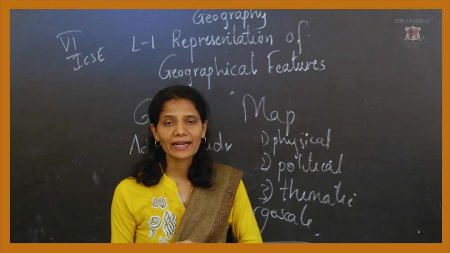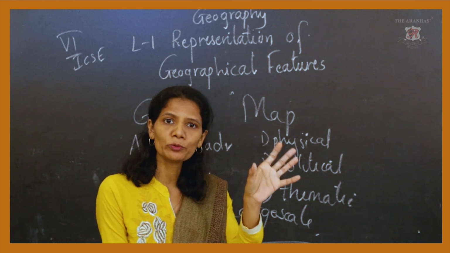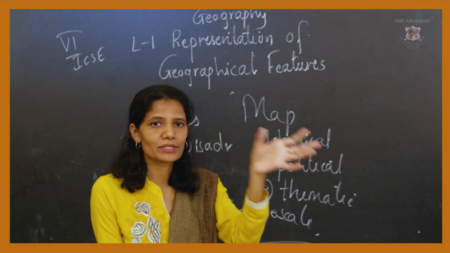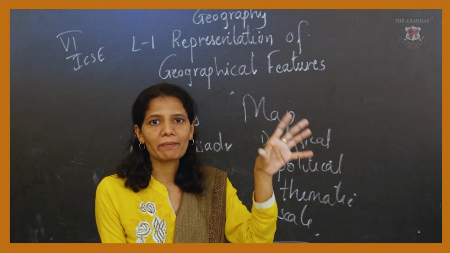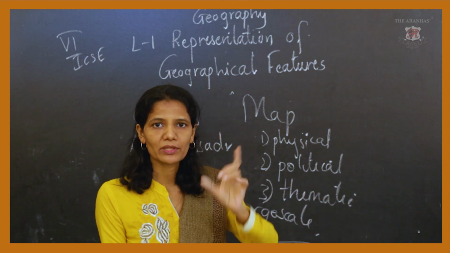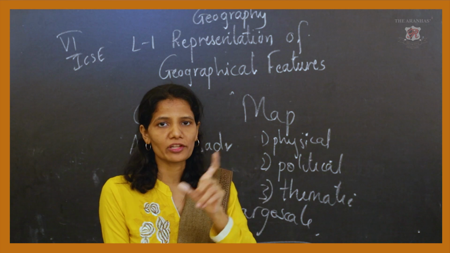And we have seen that each and every map is having some unit mentioned. For example, 1 centimeter is equal to 100 kilometer, or 1 centimeter is equal to 10 kilometer. So as per the map which you are taking about a small scale or a large scale map, as per the map, the unit will differ from each and every map.